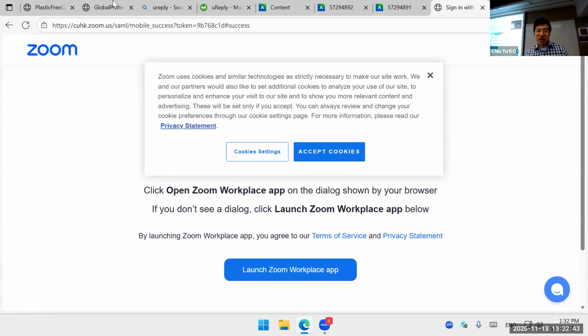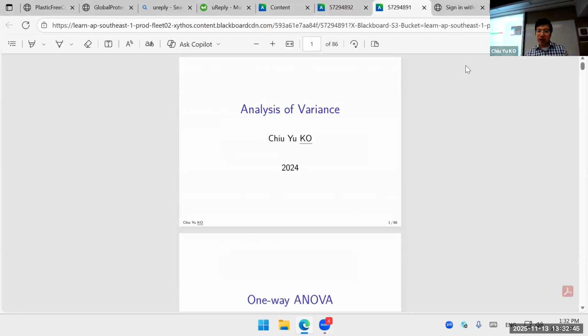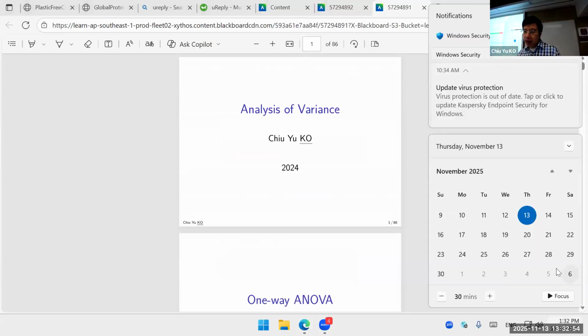So luckily we're done with ANOVA already. So only 3 classes left will be focused on regression. Just to remind you that we have class on 17 and 20. We'll finish everything, and then we also have a 24. We'll do review and also go over the past year papers. And then 27 we don't have class, but we have class at the end of the day. I know it's already exam day, so I don't want to ask you to come, but